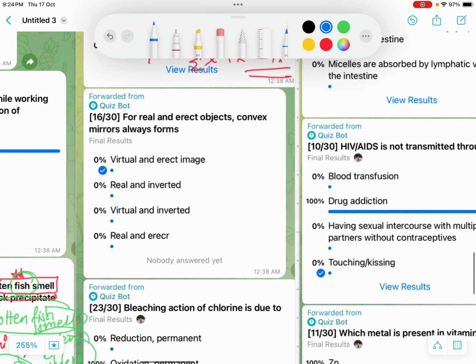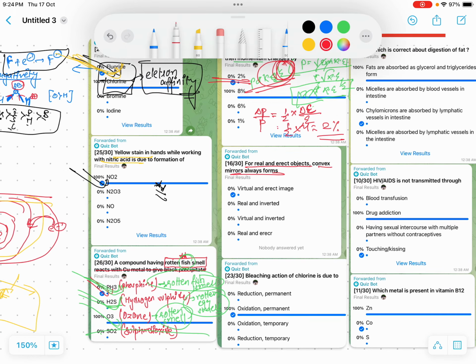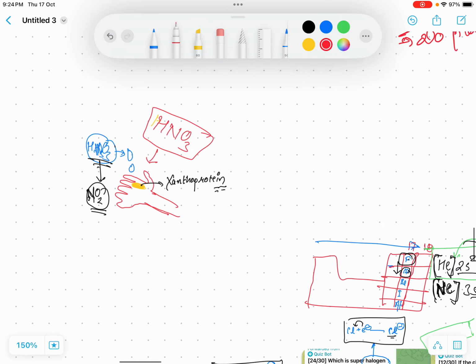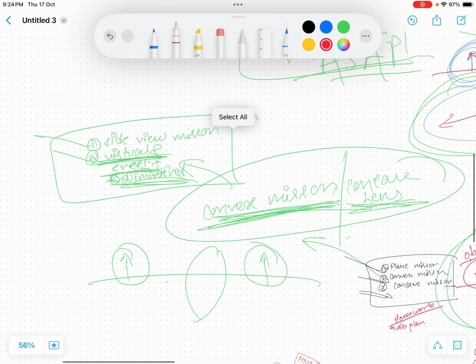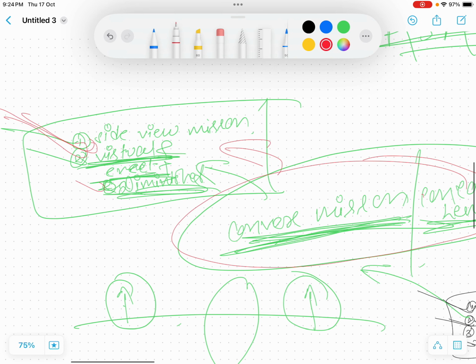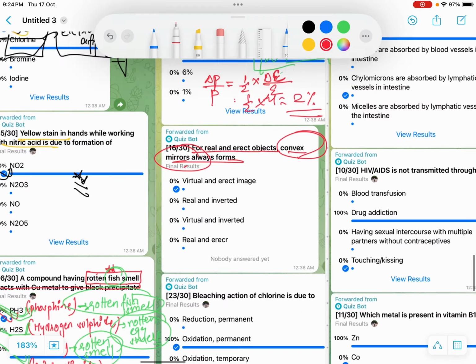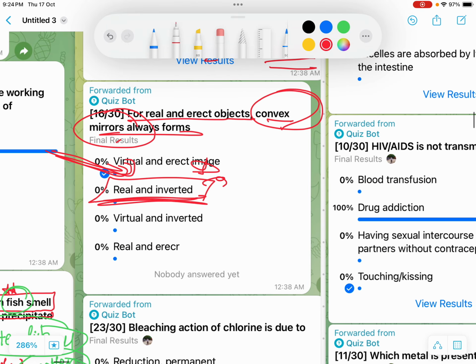सो अब देख कैसे फटाफट होती है भाई। फॉर रियल एंड इरेक्ट ऑब्जेक्ट, कॉन्वेक्स मिरर। भाई मैंने क्या कहा था, कॉन्वेक्स मिरर में सिर्फ दो बात याद करने के लिए क्या था, एक साइड व्यू मिरर, दूसरा वर्चुअल एंड इरेक्ट। सो तुझे क्या याद करनी है, वर्चुअल एंड इरेक्ट। सो ऑप्शन में खोज वर्चुअल और इरेक्ट, एक ही ऑप्शन पे वर्चुअल एंड इरेक्ट। रियल एंड इरेक्ट नहीं होता।